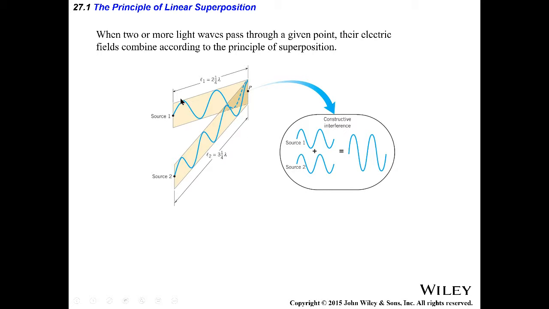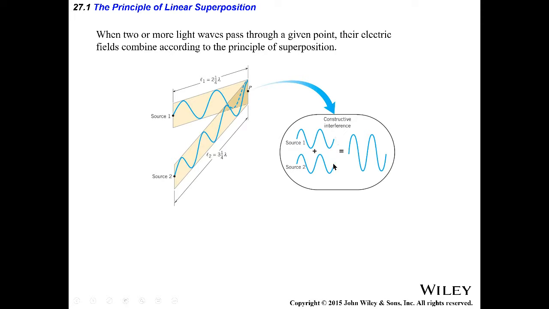Because if this wave is oscillating at a frequency, so it has whatever wavelength, and it is, let's say, red light, so I know the frequency of red light because I know the wavelength of red light. And if this one is also red light and it is now coming in, and it was already in sync, in the sense that in phase, namely when this one is up, this one is also up. When this one is down, this one is also down. Now when they meet,